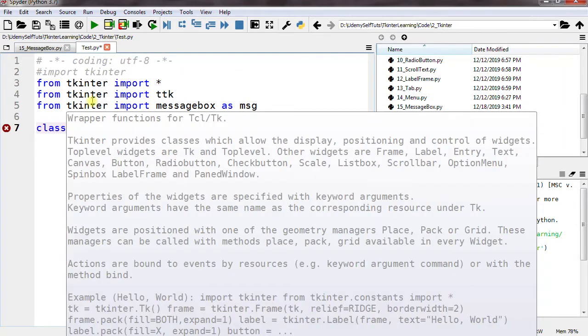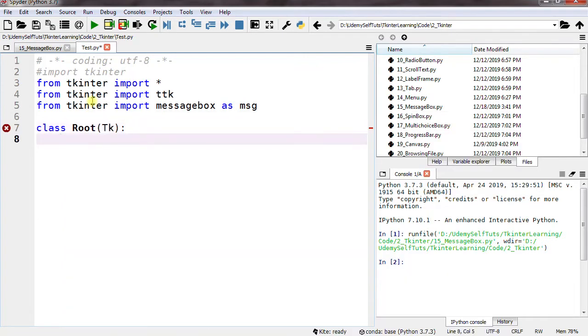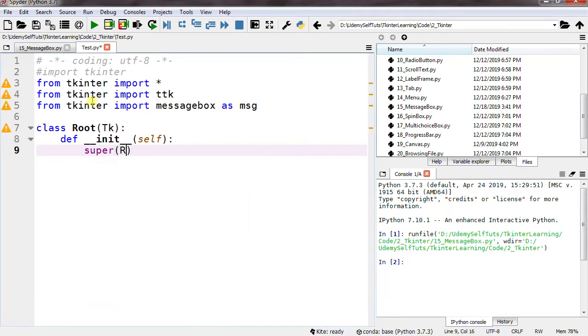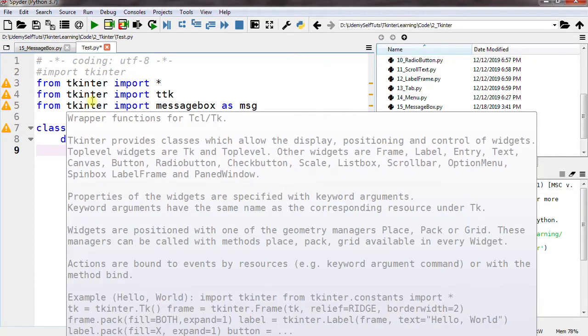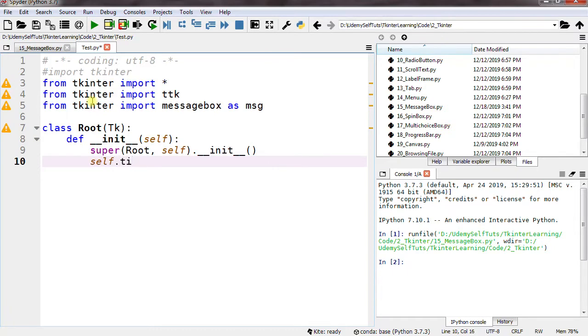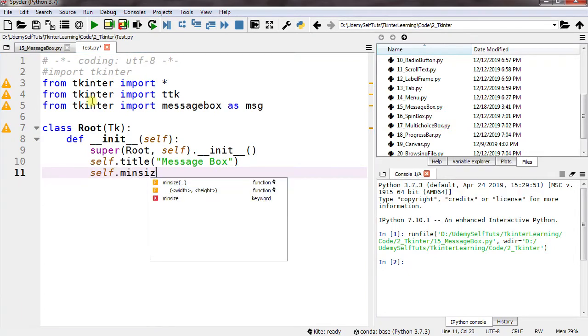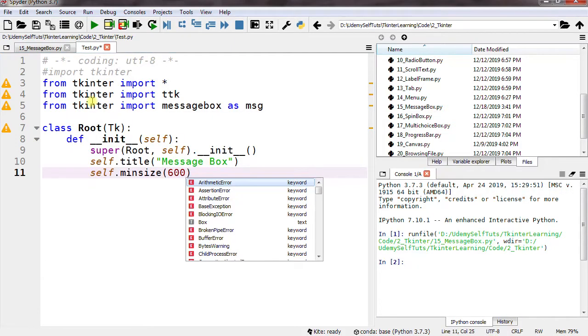Now let's create a class, with root of tk. Now init, self, super, root, self, init. self dot title as message box. We'll set minimum size 600 by 400,